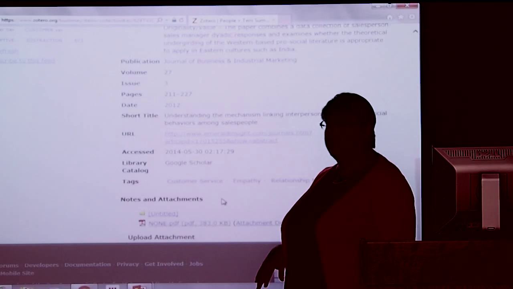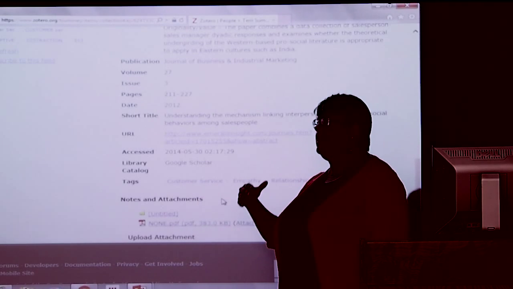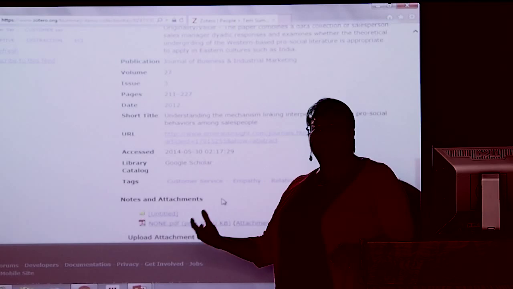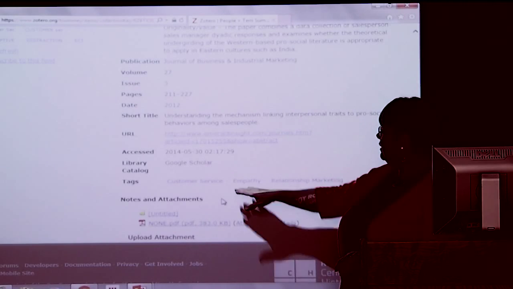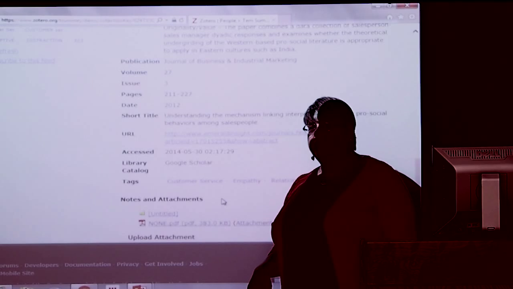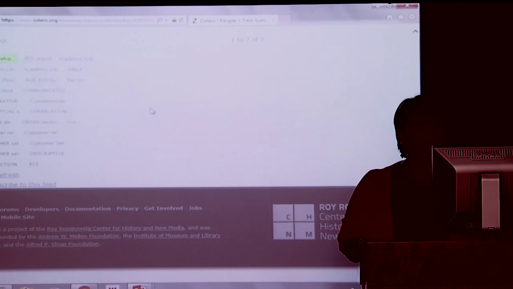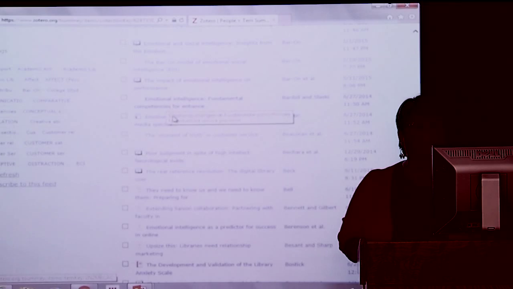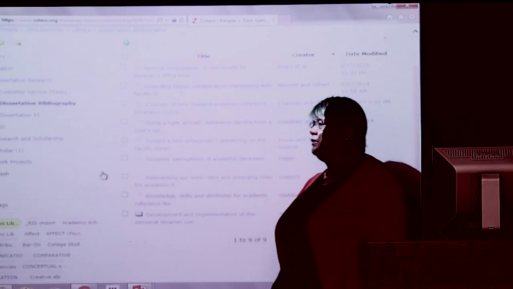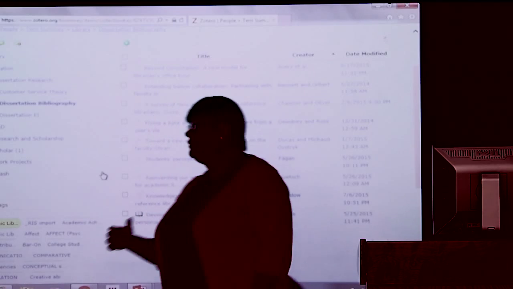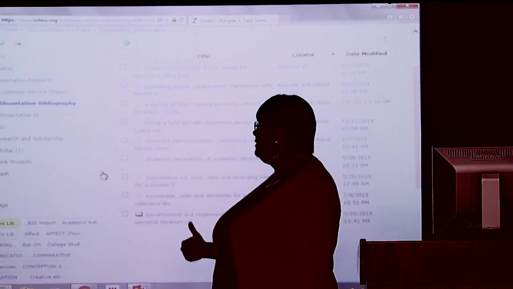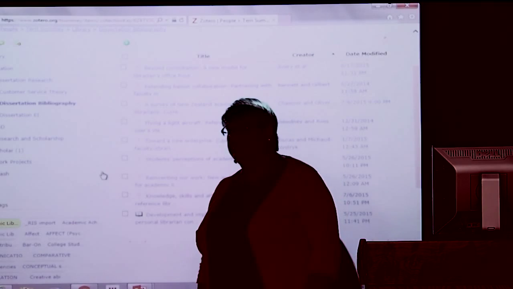Like I would hashtag a Facebook post, or a tweet on my Twitter account, I can also hashtag it here. If I want to know all of the articles that I have on relationship marketing, if I click on relationship marketing, it will pull up the articles that I have on that. Or if I want to know what articles I found on academic libraries, it will pull all the articles up on that. Whatever tags I'm using, and I tried to stay consistent, it'll go out and find those articles for me.